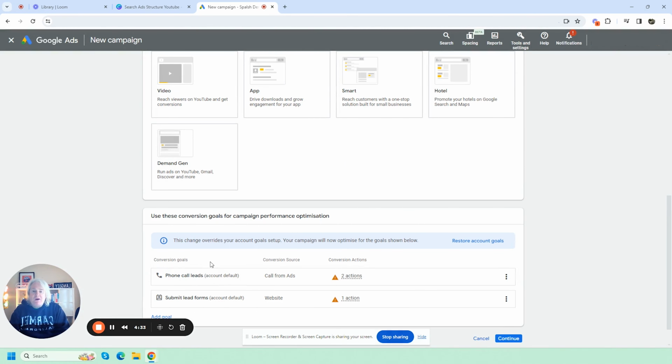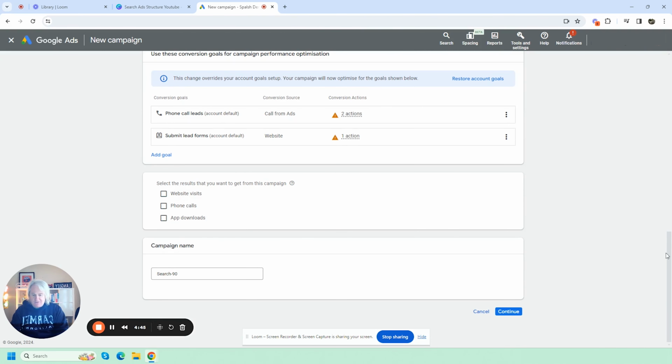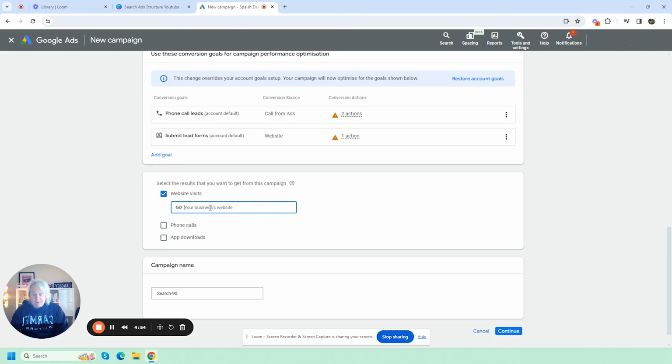We are left with phone calls and we are left with submit lead forms, which is ideal. And then we're going to click the continue button. And what have we got at the bottom here now? We've got select the results you want from the campaign. Well, really, we want website visits. So we'll put the website in here,